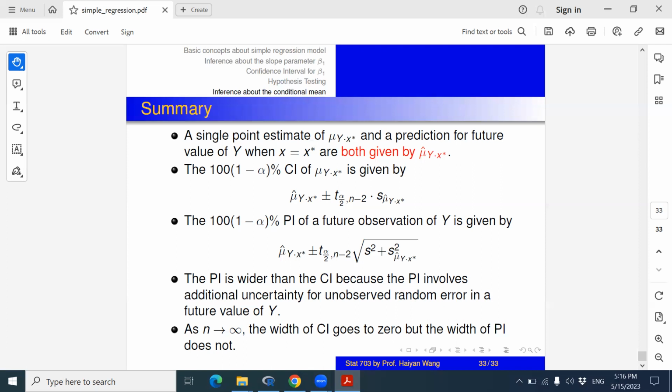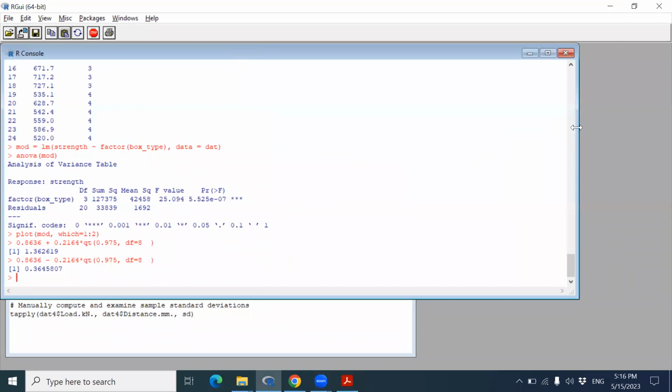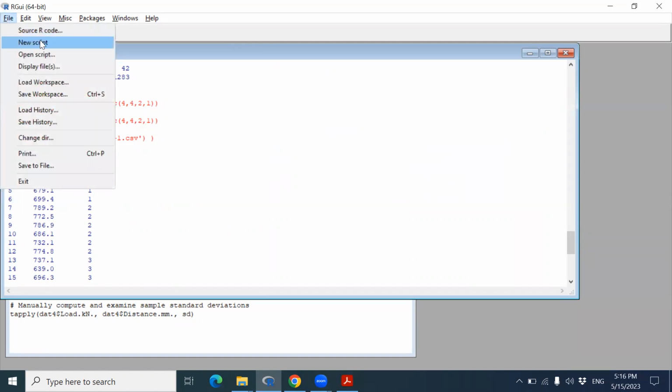And when we have the data and we would like to do the prediction, how do I do that? I will illustrate here with this example. I have strings and I also have box type as the two variables. And when I try to consider the linear regression,